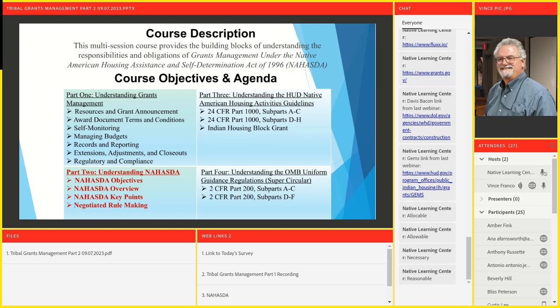OMB, the federal government, is putting pressure on all of the agencies to move towards data-driven processes, and that is trickling down to us. So I talked about records and record keeping, and we're going to get in deeper into that in 2 weeks when we do session 4, because one of the requirements of record keeping is a 3-year period of keeping records according to the federal regulations, which personally and from a best practices standpoint, 3 years just doesn't cut it.